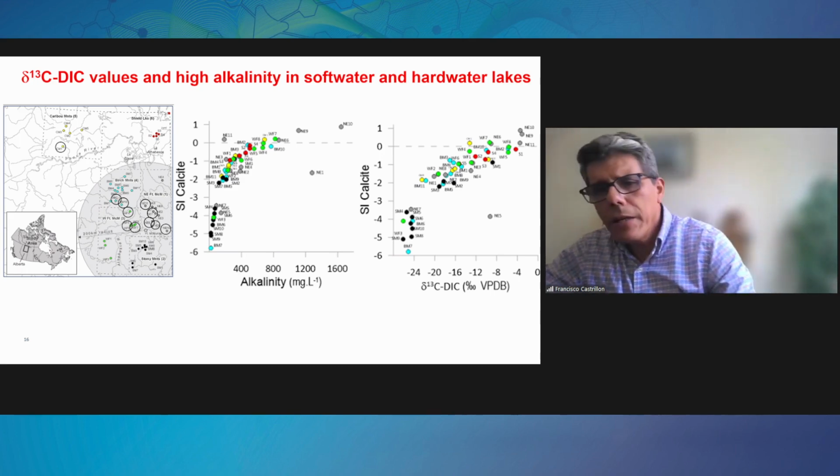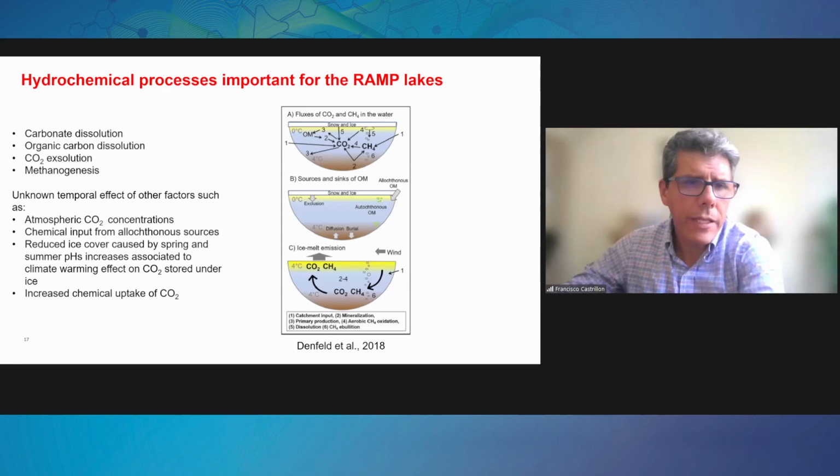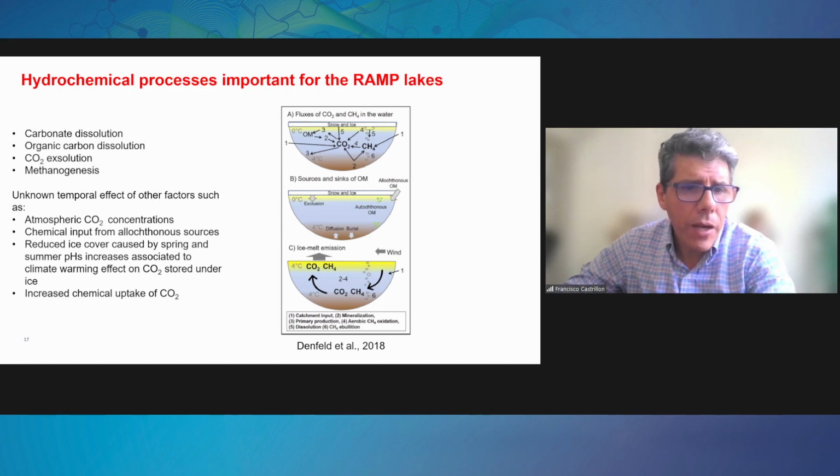So finally, the last slide of this, where we will say, as a summary, that the hydrochemical processes that are important for the ramp lakes that are reflective of climate change are related to carbonate dissolution, organic carbon dissolution, CO2 solution, and methanogenesis. There are some unknown temporal effects in these lakes that are primarily reflected in the atmospheric CO2 concentrations